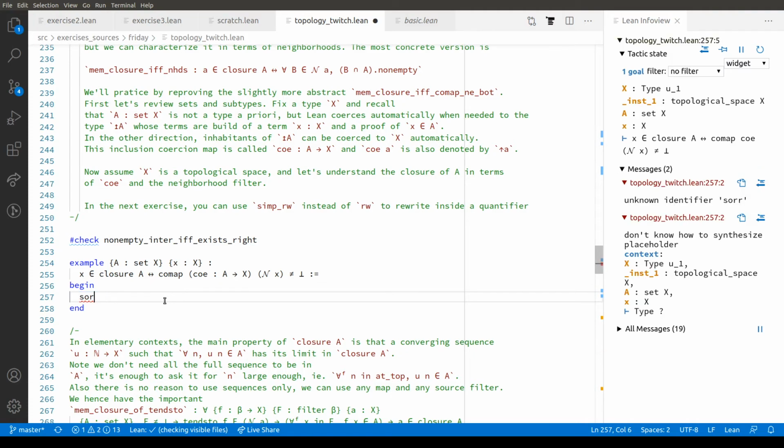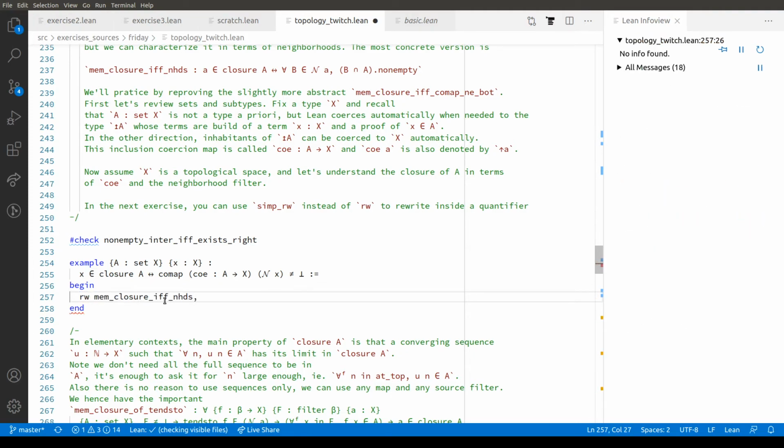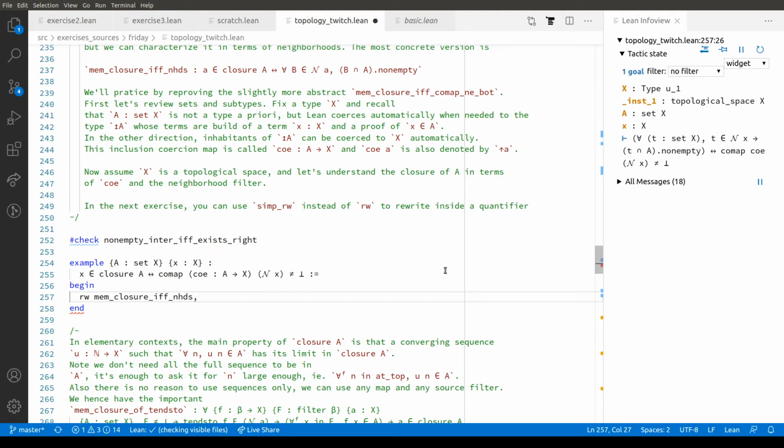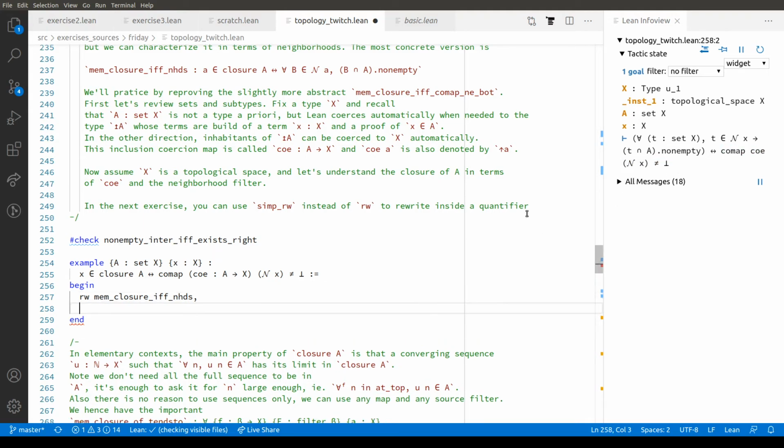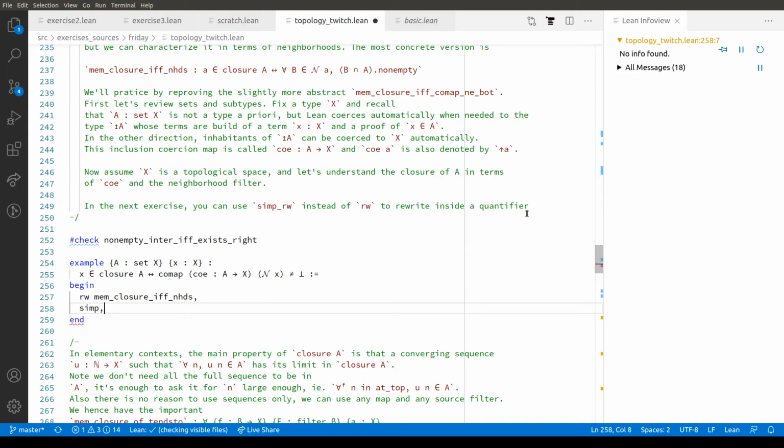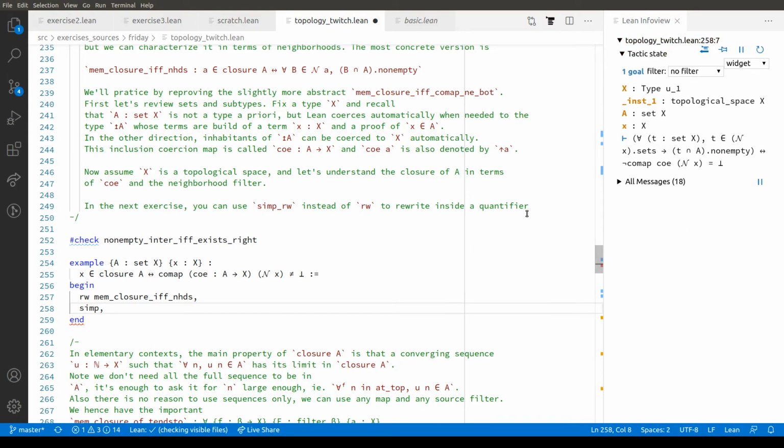Let's rewrite this. So now I've got to prove, let's see if the simplifier does it. Looks like the kind of thing the simplifier might. It doesn't do it, rotten luck. Okay, so we've got to think. So what's going on here? We've got to prove that everything in the neighborhood filter meets A if and only if